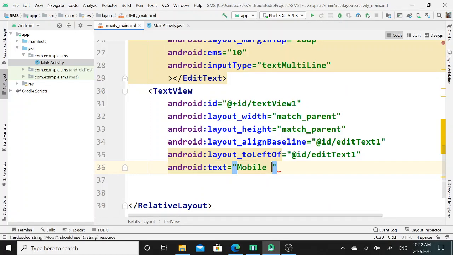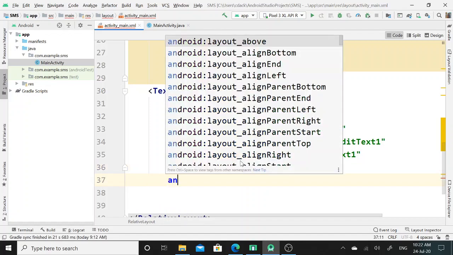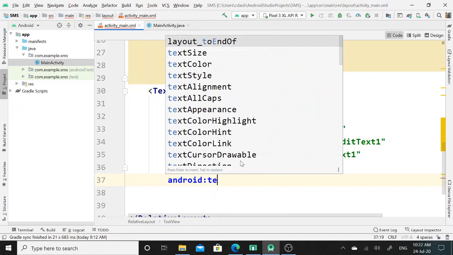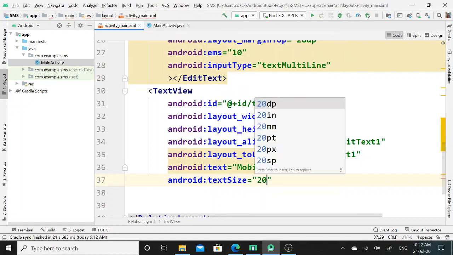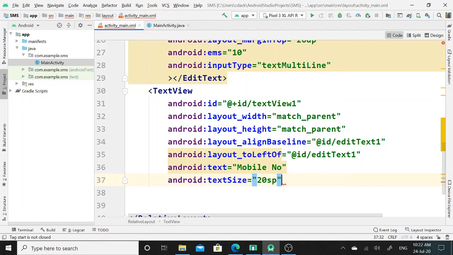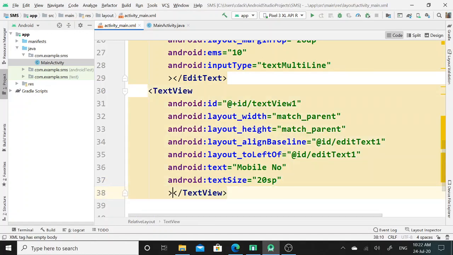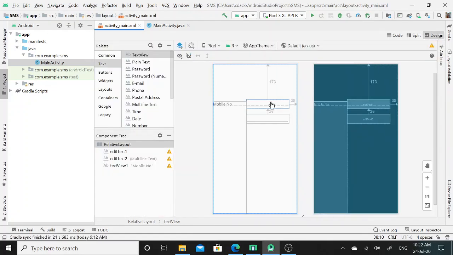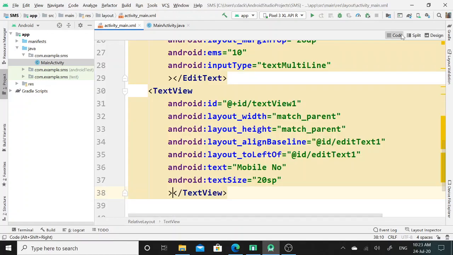I will set mobile number as the text on this text view, and I will set text size as 20 sp. So this mobile number text view has been set at the left side of the edit text one.